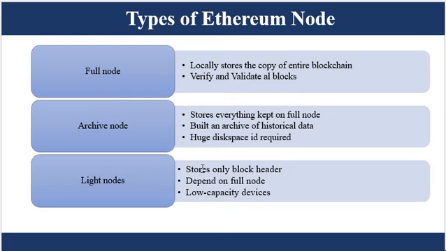Then the third type of node here is a light node. A light node, unlike a full node, does not hold the complete current blockchain state and stores only the block header. It is basically suitable for low memory and computational devices, since maintaining a light node involves least investment in hardware, running cost, and technical skill. So light nodes rely on full nodes to function.